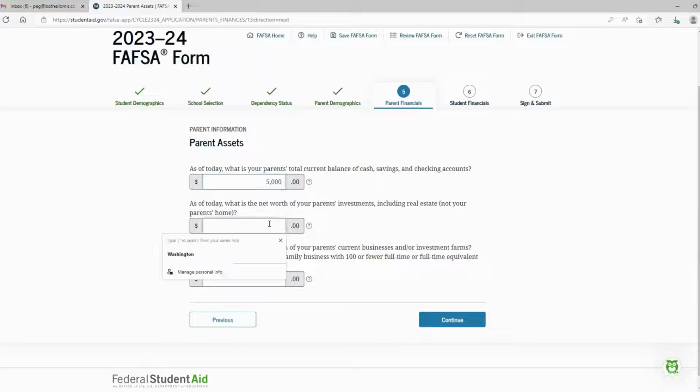Then the next question is net worth of parents' investments. So what this is going to include is any accounts you have that are non-retirement, like I said, as well as real estate. So if you have real estate that's not part of a business and it's not your primary home, so the home you live in is your primary home, that is completely excluded on the FAFSA. You should not be disclosing anything. But if you have other real estate, like you have a vacation home, you have vacant land, anything like that,